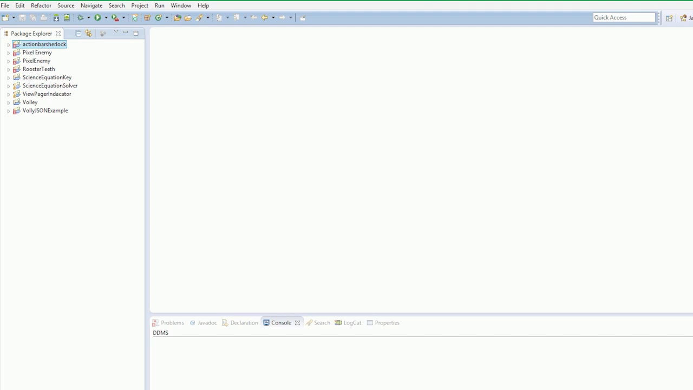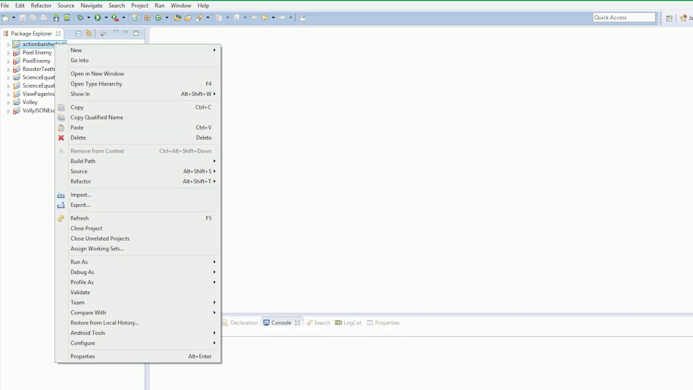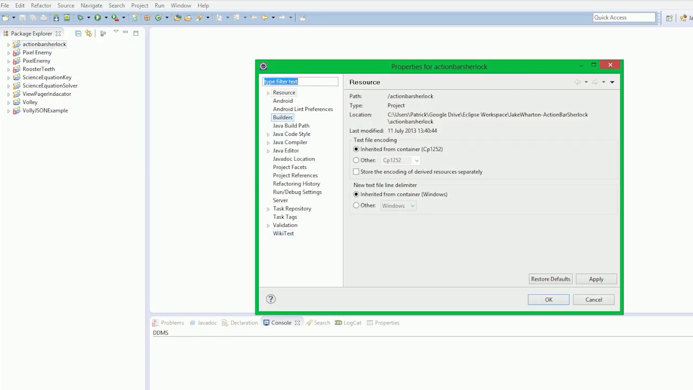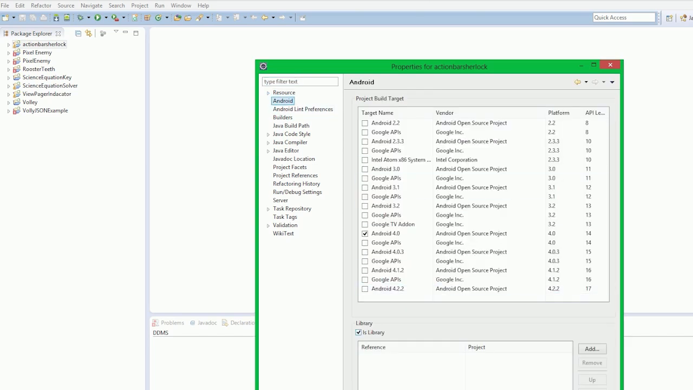So this project is what's called a library project. It's not a jar file, but it's a library file or library project. So what this means is this project in itself isn't actually a complete app. You can't run this, but it contains code that other apps can include and run. So what we need to do here is we need to go into this, right click properties, go to Android and make sure is library is checked. Okay,